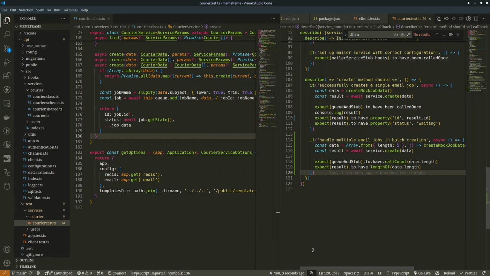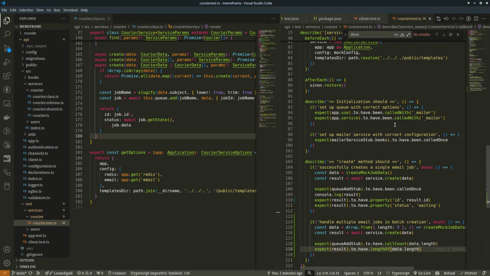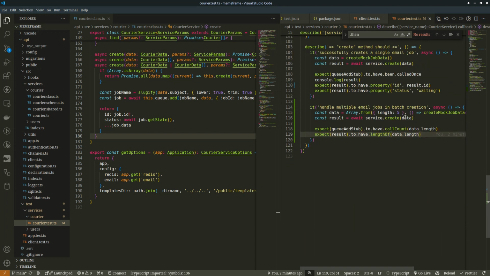So it passed. An interesting thing we can do is to still confirm, because we've just checked the lengths, right? What about the data that is in there? Normally we've stubbed what the queue.add returns, meaning we are very sure of what we are expecting to get back. So we're just expecting to get back 5 copies of that thing, right? And so that way we can do something like expect results to